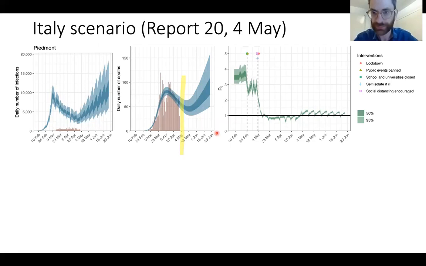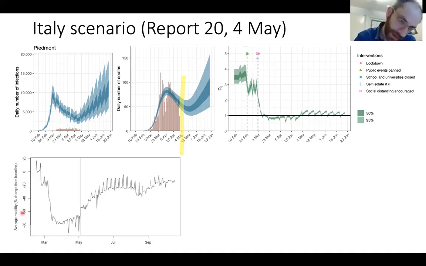And anyway, okay, so here is a different story. Same model, but it's parameterized differently. So we've still got within Piedmont, an area of Italy, the interventions here, but they're not actually what's parameterizing the model. What's parameterizing the model is mobility. Here, I'll show you mobility. So average mobility change from baseline. Baseline before COVID is on the scene, before people are aware it might be spreading in Italy, is 0. And then as these interventions come in, the first intervention is on 24th February. So when people become aware that something is going on, there is a drop in mobility, but it's not a very big one. So public events banned, schools and universities closed. Okay, so maybe people are going home because their schools and universities are closed, spreading it to rural regions. But then we get here for a couple weeks until